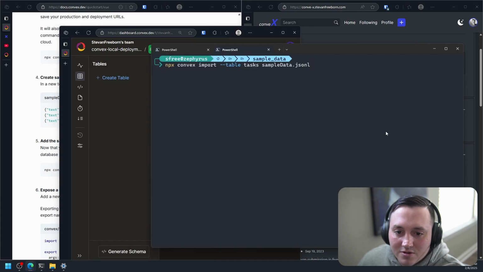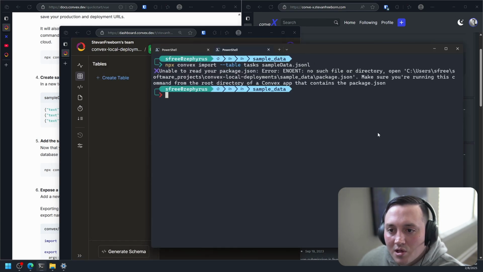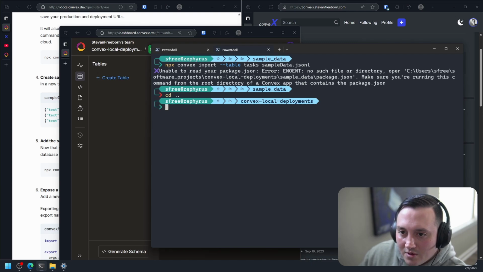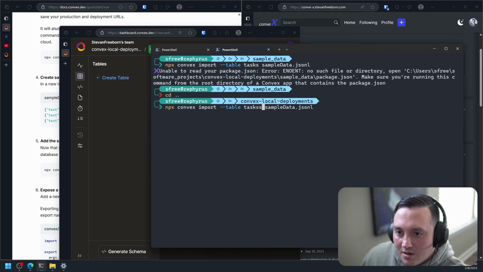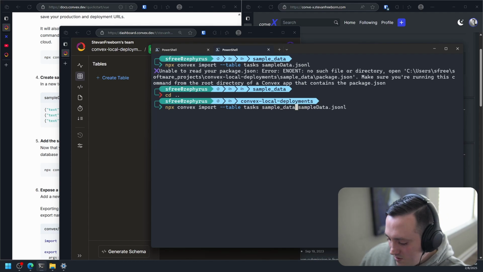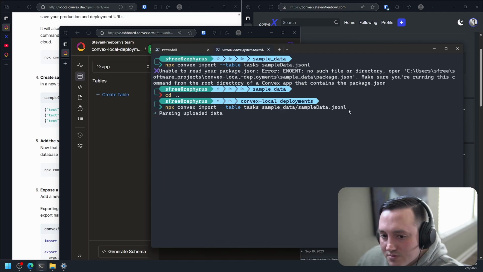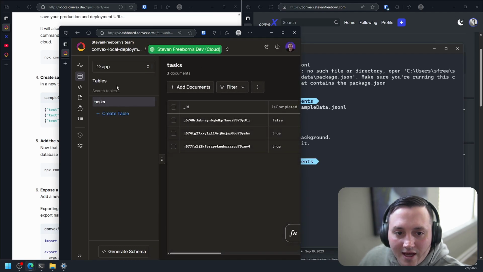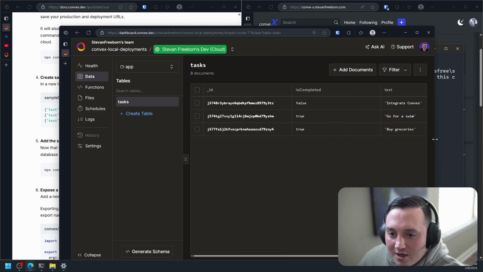I don't have any tables, but after I run this command, it should create one for me. Oh, I need to go up to the root, and then I need to say sample data. Like that. Okay, there we go. Now I have a tasks table, and my tasks table now has some data in it. Cool. So that's pretty easy.